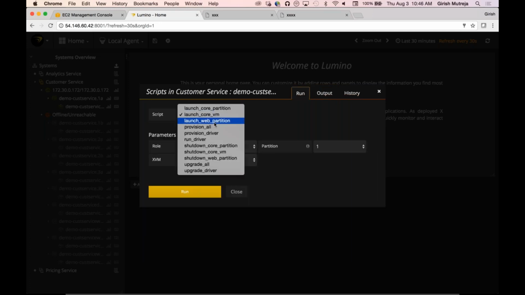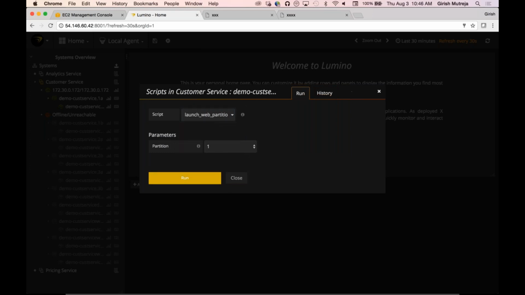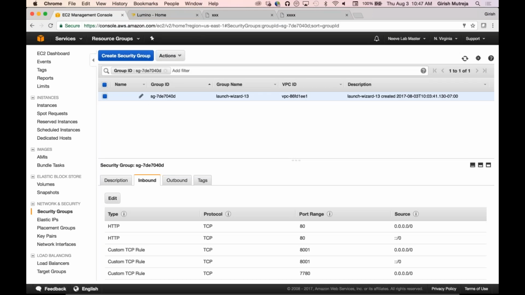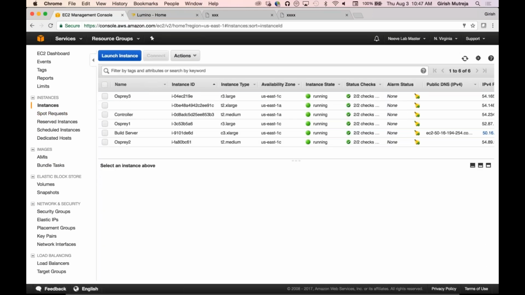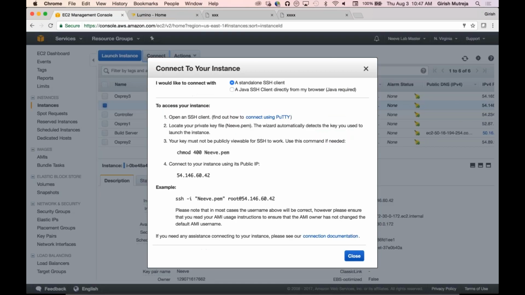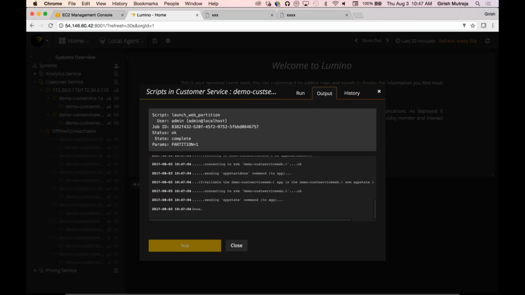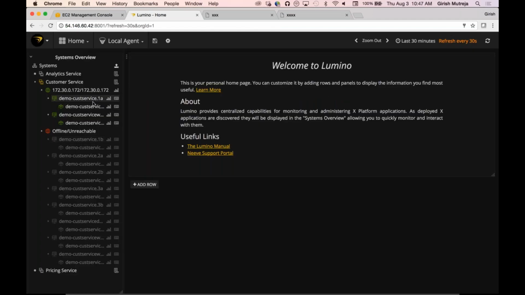I'm going to bring up the web service. And while it's coming up, I'm just going to set up to connect to it. So this is the reason why we actually punched that extra hole. So it's up and running. You'll notice over here that the customer service, the core service, and the web service came up.